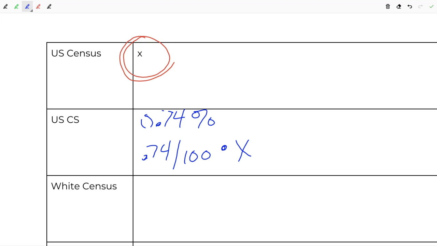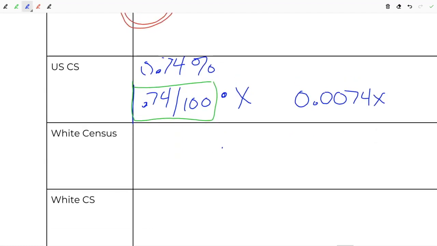And all we're going to do is simplify the parts that we can and multiply them by X. So this is just 0.0074X. Easy peasy. 64% of the people on my lawn are white. So 64 per 100 times X,